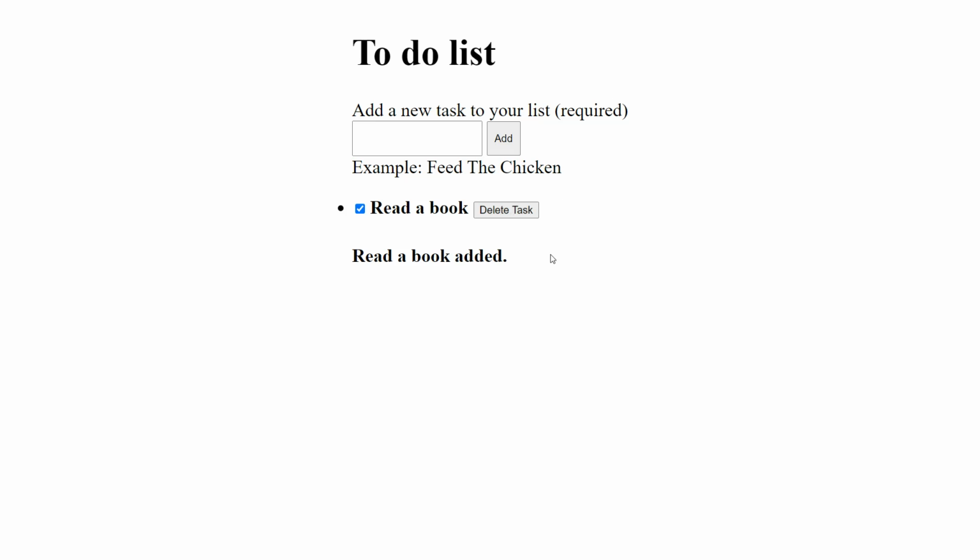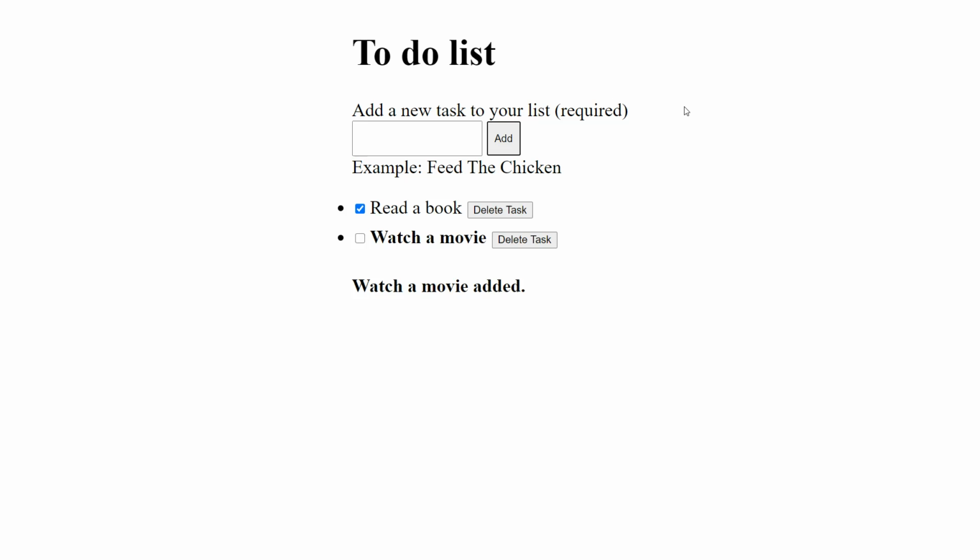So we're going to be coding this with vanilla JavaScript with no framework whatsoever, and we're going to make this application accessible. If we test and try to work with the form only via the keyboard, it's working great. So I am going to type down the task, for example, watch a movie, and then I'm going to press tab again, and then I'm going to land on the add button. And I'm going to press enter, and a new task will be added.